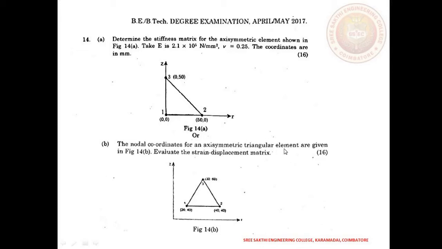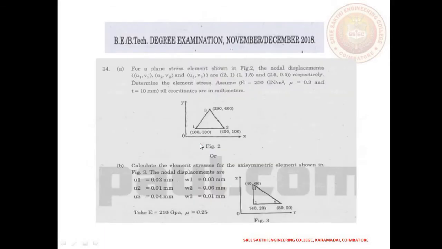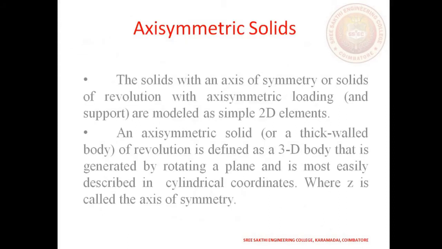You will understand. That is why I have highlighted that this is an important topic we need to study compulsorily. Then only we get it. We attend 1 in March, right? 16 or 13 marks can be attended. So next, in all the questions they asked only about axisymmetry. So we need to understand what is the meaning of axisymmetry. We will see in the further slides what is the meaning of axisymmetry.